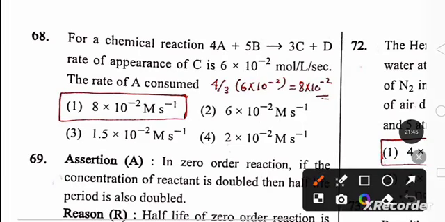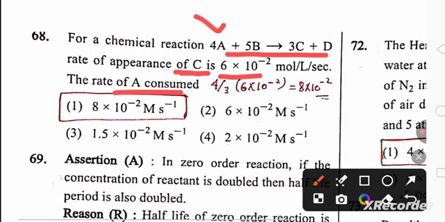For the given reaction, they have given one reaction. The rate of appearance of C is 6 into 10 raised to power minus 2 mole per liter per second. What is the rate of A consumed, the rate of disappearance of A? You can see, children, there are 4A on the reactant side and 3C. So the rate of disappearance of A is 4 times, whereas the rate of appearance of C is 3 times. So the rate of disappearance of A is 4 by 3 into 6